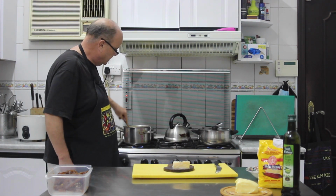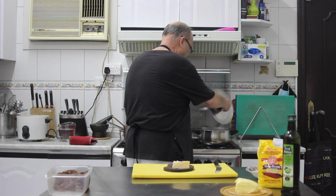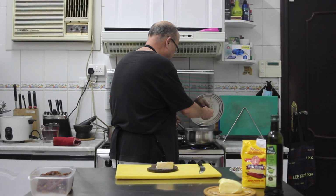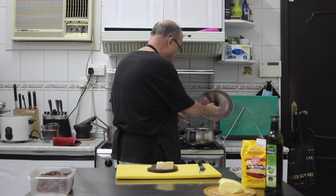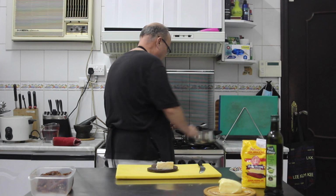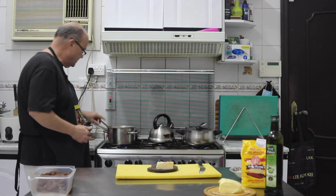So we just got our polenta nicely going there. Have a little look at our cheeks. Oh, they're looking great. We're just going to make sure that we keep them turning. Make sure we bring them back slowly. We don't want to boil them. We just want to reheat them inside the